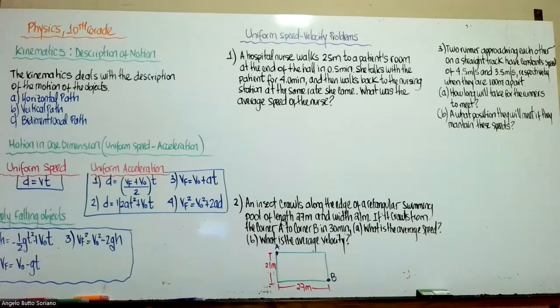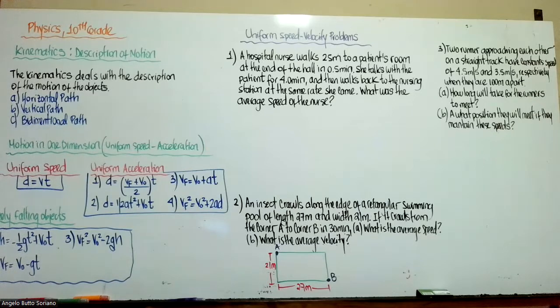And velocity, or average velocity, is the displacement divided by the total period of time. In the case of uniform speed or velocity, we have one single equation: d equals v times t, where d represents the distance or displacement, v represents speed or velocity, and t represents